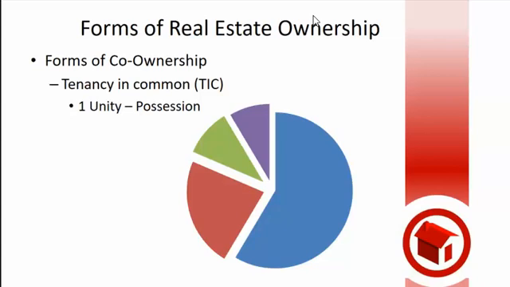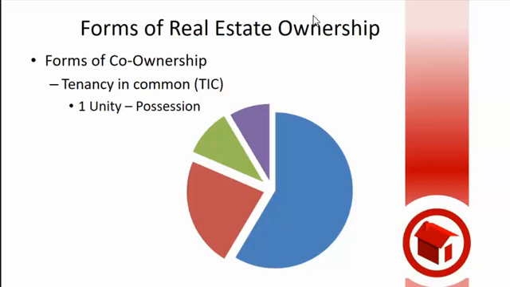TICs are very common in very high-end Class A office buildings or medical buildings where it may be $80 million, and I don't have $80 million, just 2.4. So I'm going to call you, Maggie, and she's like, well, I got 800,000. Okay, well, Singh's got another 3, and then we base our ownership on how much we put in, and we all own this building as tenants in common. The only thing that we share is what? What's the only thing we have in common?